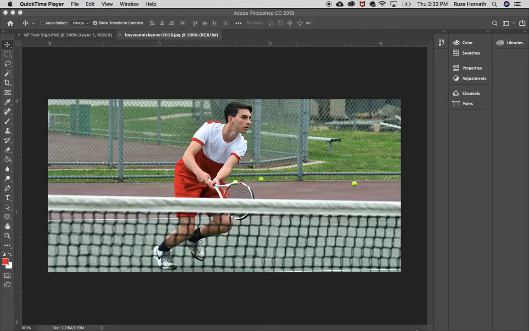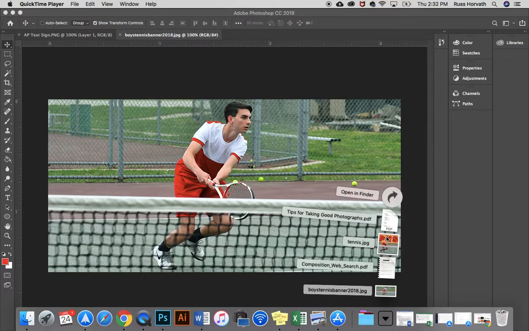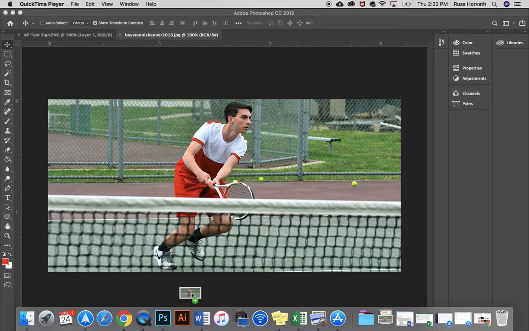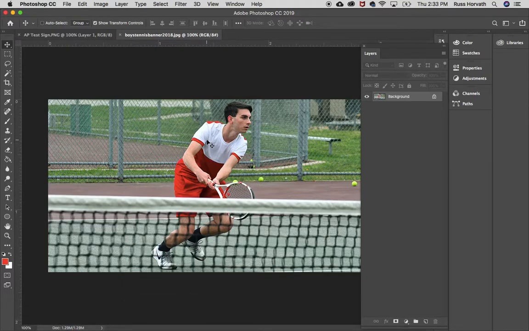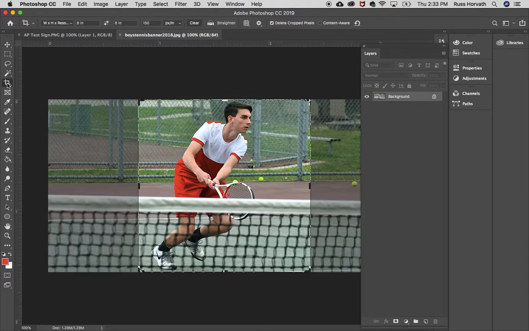You're going to open them up in Photoshop. All you need to do is, from your downloads folder, grab this picture, drag it over to the Photoshop icon or find it, drop it in there, and it'll open up the picture in Photoshop. Once it's open in Photoshop, you are going to find this tool right here, which